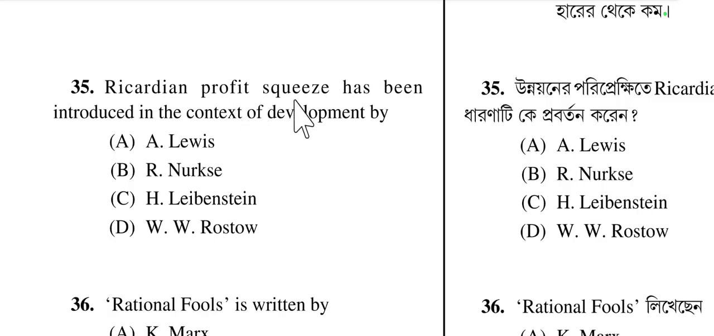Ricardian profit squeeze has been developed by Lewis, Nurkse, Leibenstein or Rostow? Given by Nurkse? No, it is given by Lewis model. Ricardian profit squeeze has been introduced in the context of development by Arthur Lewis, because the Ricardian profit squeeze introduced